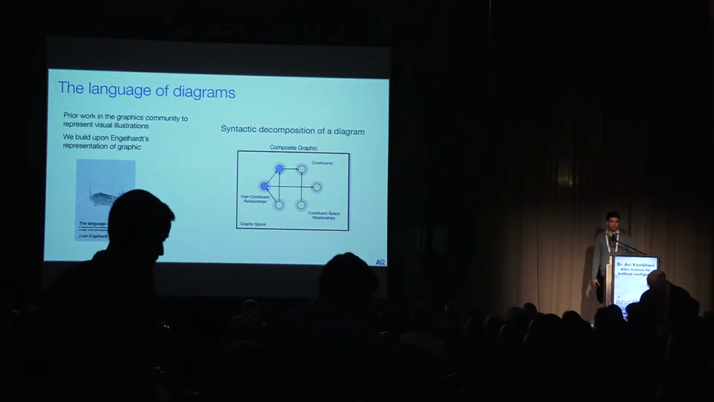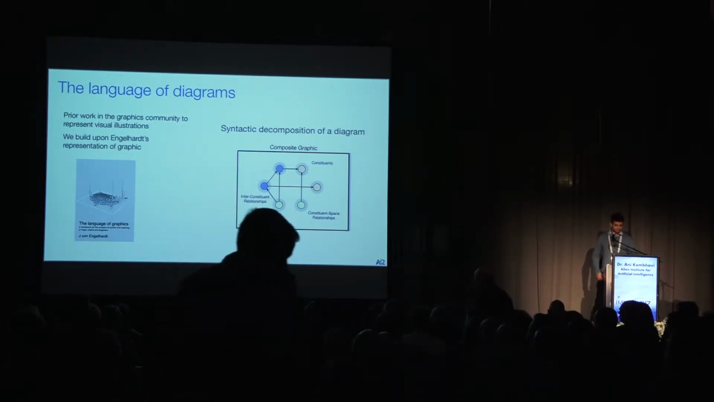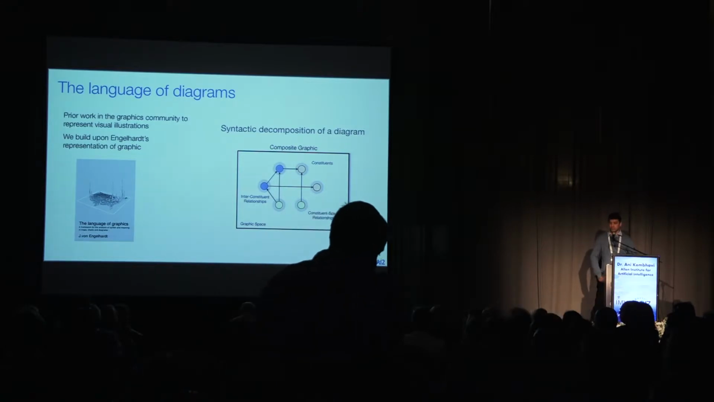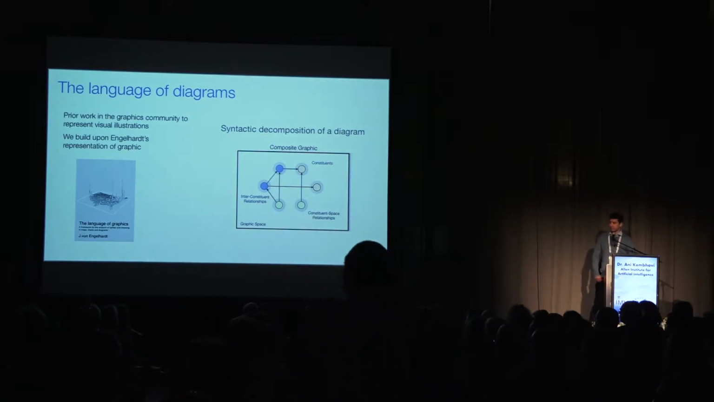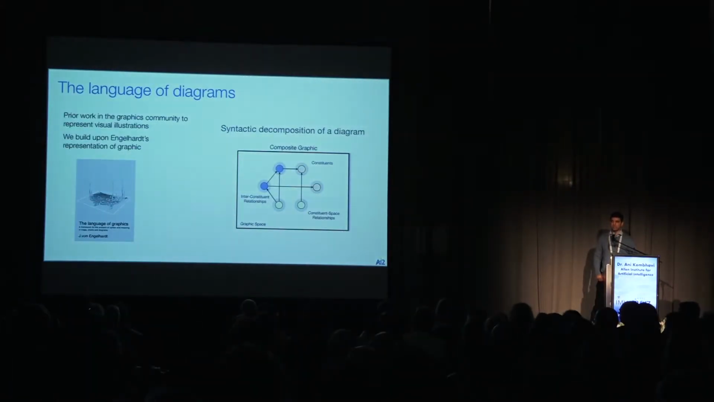So there's been a lot of work from the visual graphics community on understanding visual illustrations. And so we build upon one such representation called the language of graphics. This work is quite large and quite interesting, but I've simplified it a great deal in this diagram. Essentially, you can think of an illustration as a composite graphic. It has a graphic space. This space could just be white, but in fact, the space might actually be meaningful. So the locations of objects in this space might have some semantic